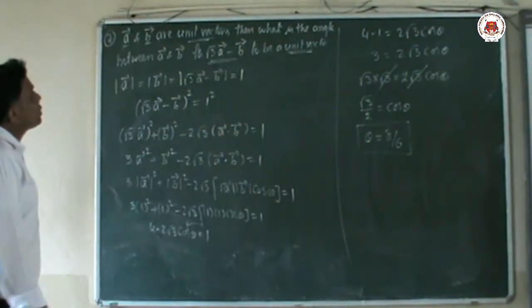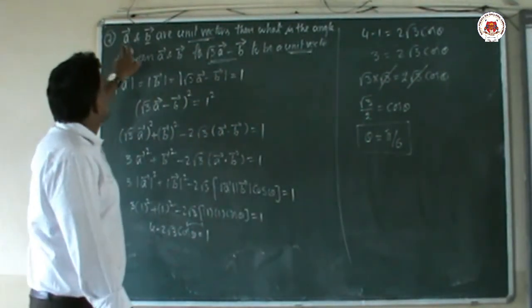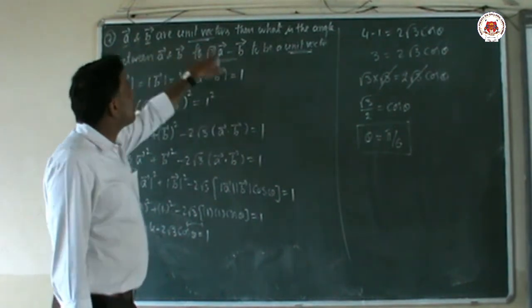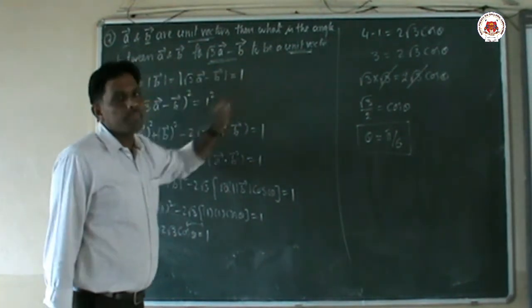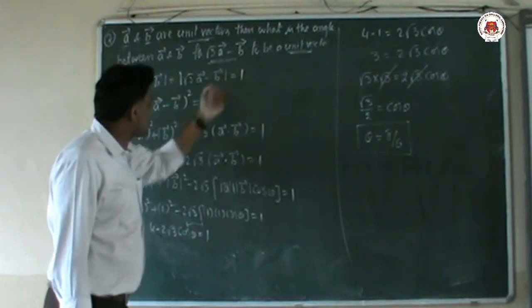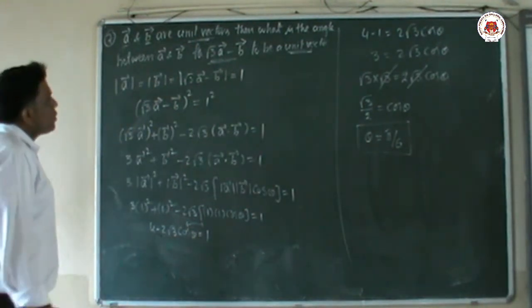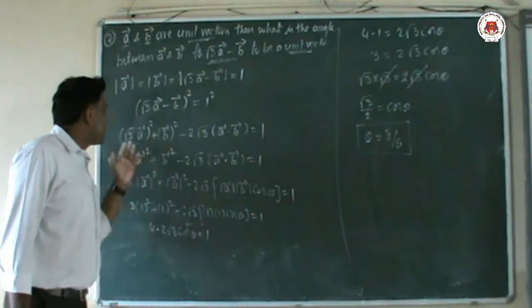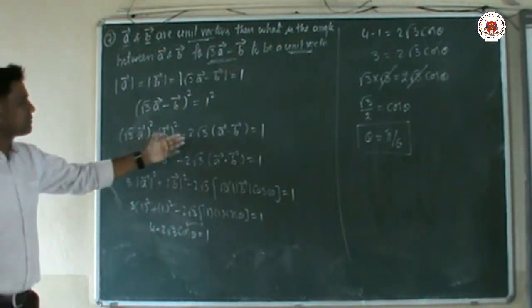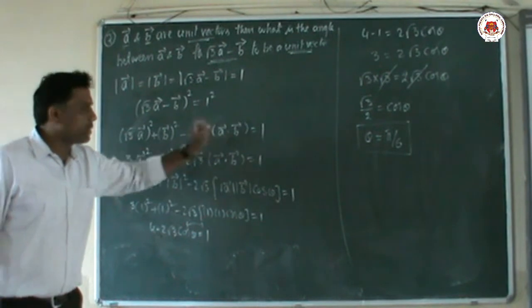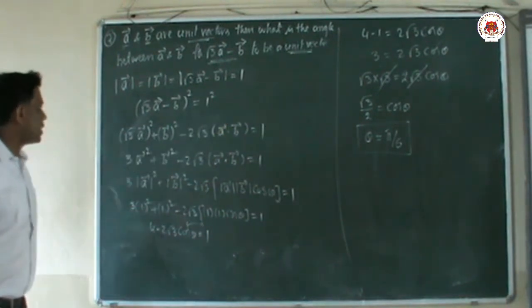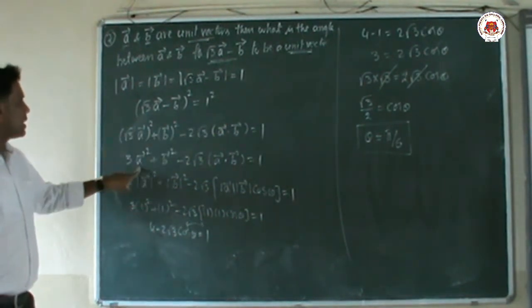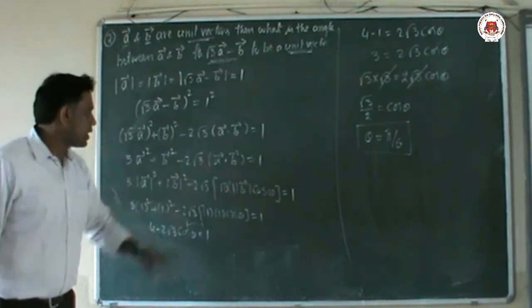So one more time I am going to explain this one. Here we said that A vector, B vector, and this one also is a unit vector. Unit vector means whose modulus must and should equal 1. So I am going to take this value. I am squaring on both sides: a minus b whole square. So a square plus b square minus 2a dot b equals 1 square, which means 1. So root 3 a square plus b square minus 2a dot b.